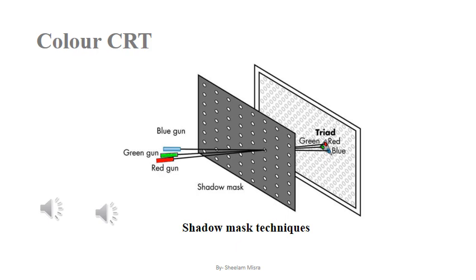A dot triangle consists of three small phosphorus dots of red, green, and blue. A dot triangle, when activated, appears as a small dot on the screen which has a color that is a combination of the three small dots in the dot triangle. By varying the intensity of the three electron beams, we can obtain different colors in the shadow mask CRT.